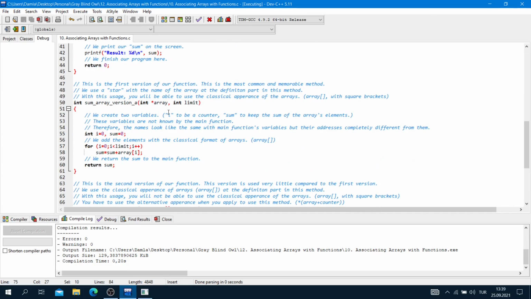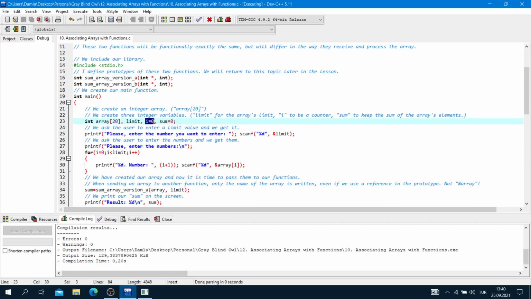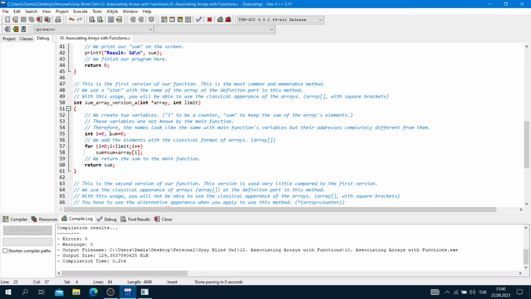So, in our first function, we create two variables, i to be a counter and sum to keep the sum of the array's elements. These variables are not known by the main function. This is the important part. This i is completely different from that i, and this sum is completely different from that sum.